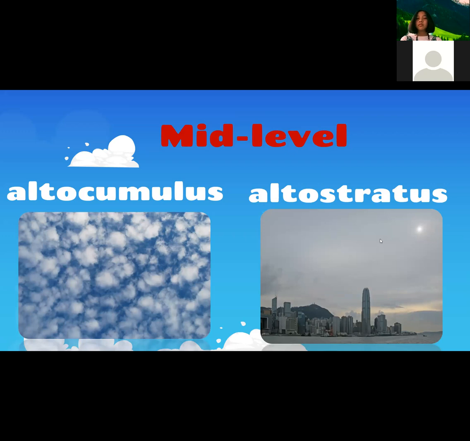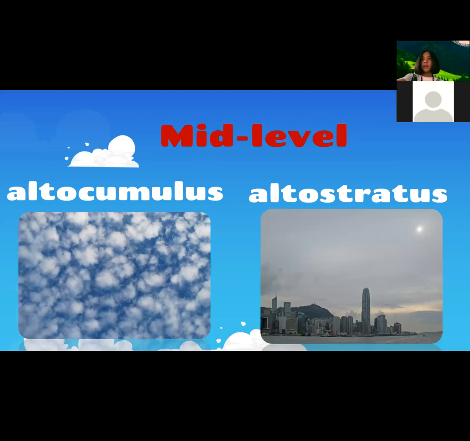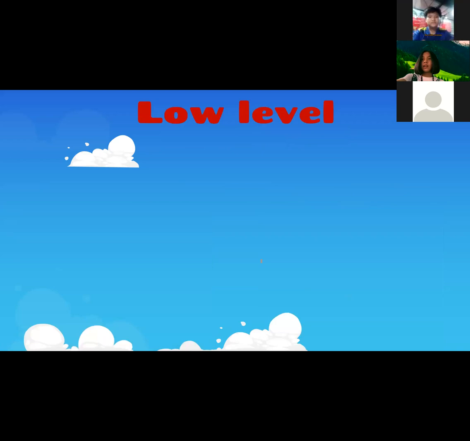What is the color? It is gray or blue-gray, and they usually cover the whole sky. As you can see, the altostratus covered the sun, so it is able to mask the sun. Okay, so that is altostratus. Next, aside from that, we have the low level.